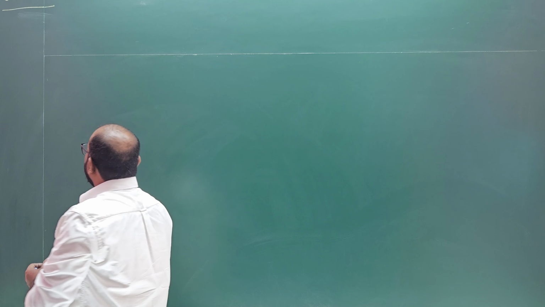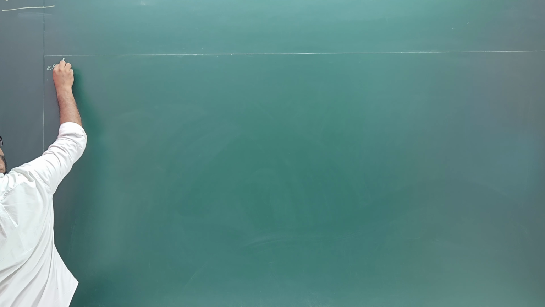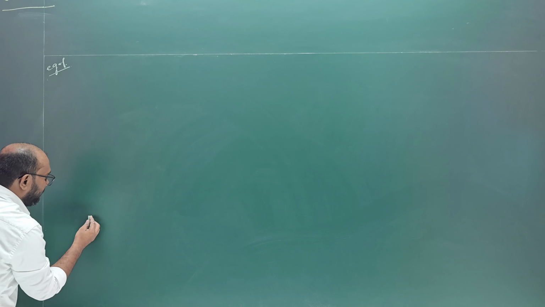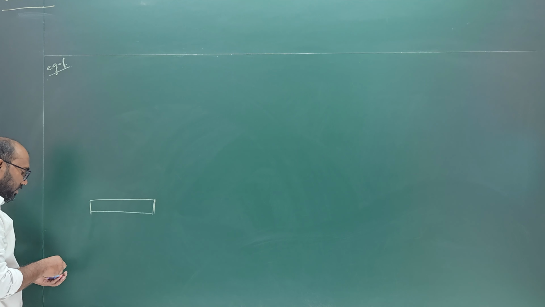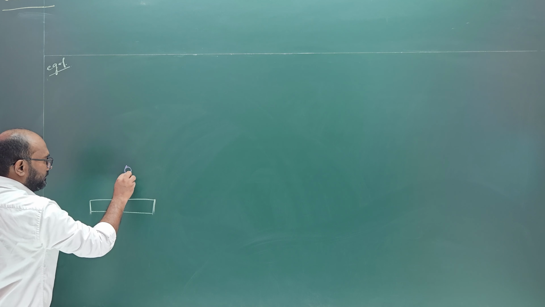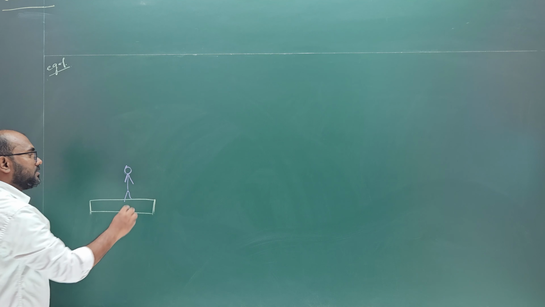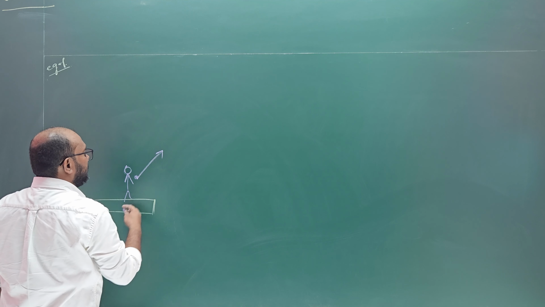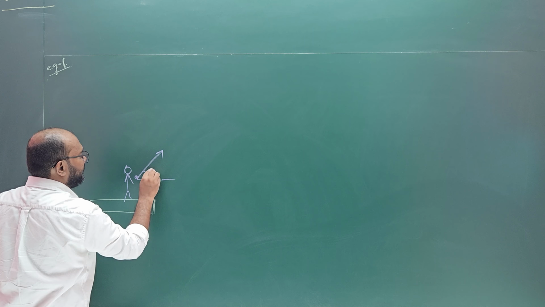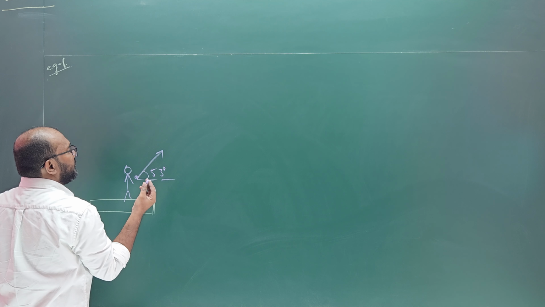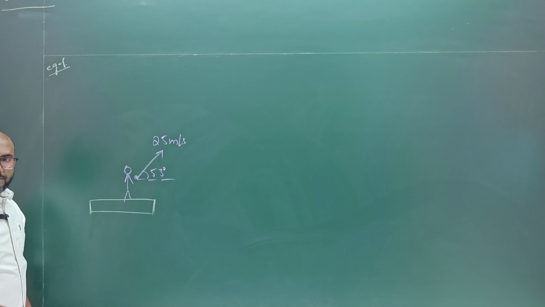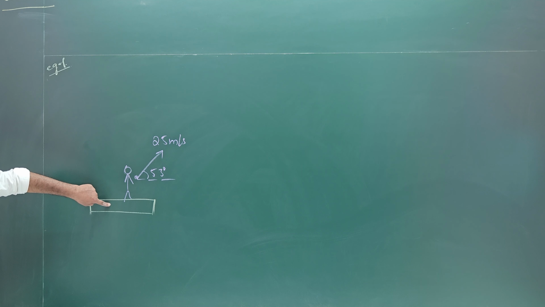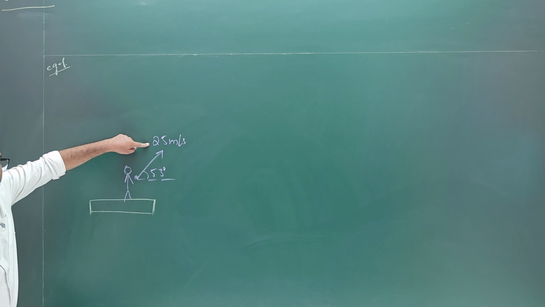Okay, so next, example number 1. Now listen to me. Consider here is a platform, and on this platform a boy is standing. He projected the object in this direction, making an angle of 53 degrees, with a velocity of 25 meters per second. A boy who is standing on a platform projected the object with 25 meters per second at an angle